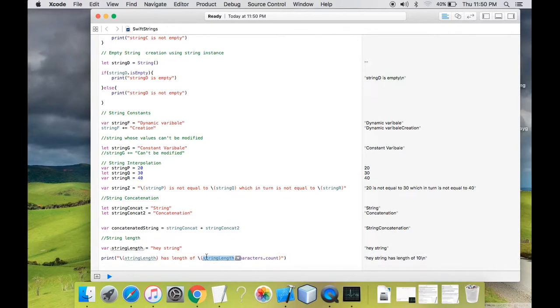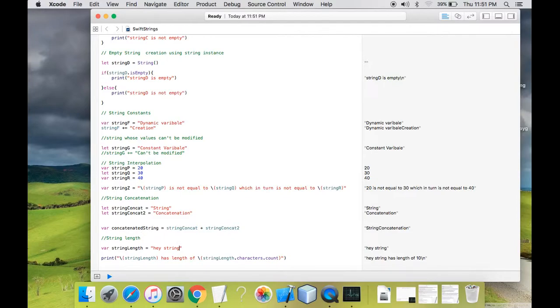On the right sidebar you can see the value printed, which says hey string has the length of 10. Let's check whether this is proper. 1, 2, 3, space: a space is also counted as a character. 1 2 3 4 5 6 7 8 9 10. So the value is printed correctly.